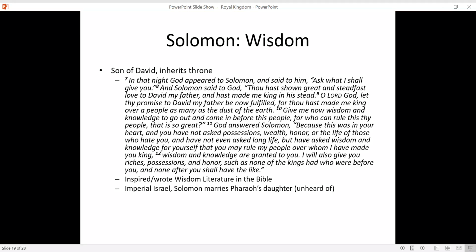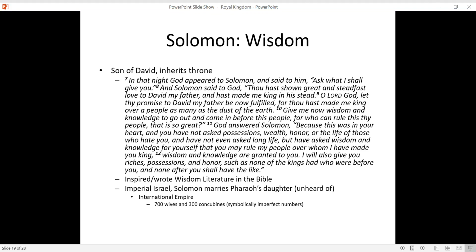Solomon does things unheard of. He marries the Pharaoh's daughter. And in doing so, he's introducing Egypt. It's almost like a reverse of what happened before, where Moses enters into the Pharaoh's home. Solomon, in his wisdom, Egypt is coming to him and learning from him, and Egypt is finding security in Israel. We have this image of an international empire, not just a kingdom living within its boundaries, but an international empire that's expanding and bringing about the wisdom of Solomon everywhere it goes.